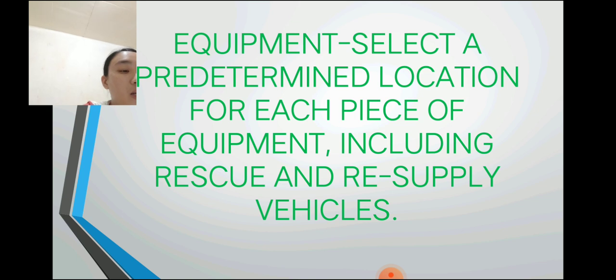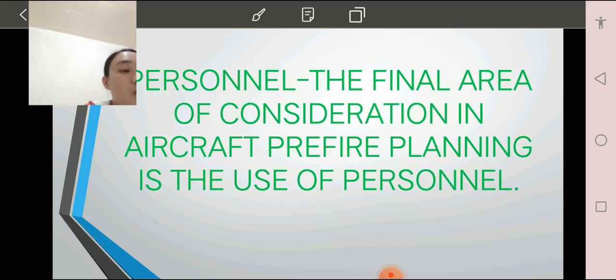Personnel. The final area of consideration in aircraft pre-fire planning is the use of personnel. The use of manpower and equipment go hand in hand, but each must be considered separately to be successful. A master recall file should be established and used for all recall operations. In aircraft pre-fire planning, as in other types of emergency plans, consider the resources available under the provision of